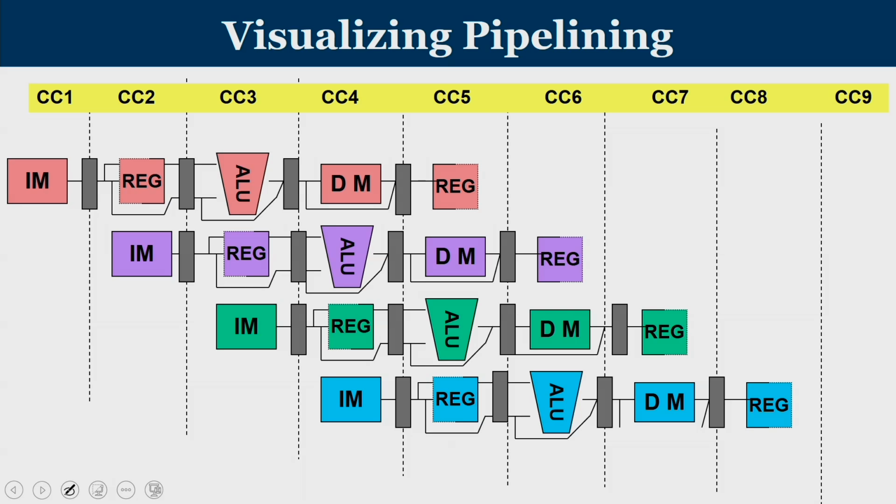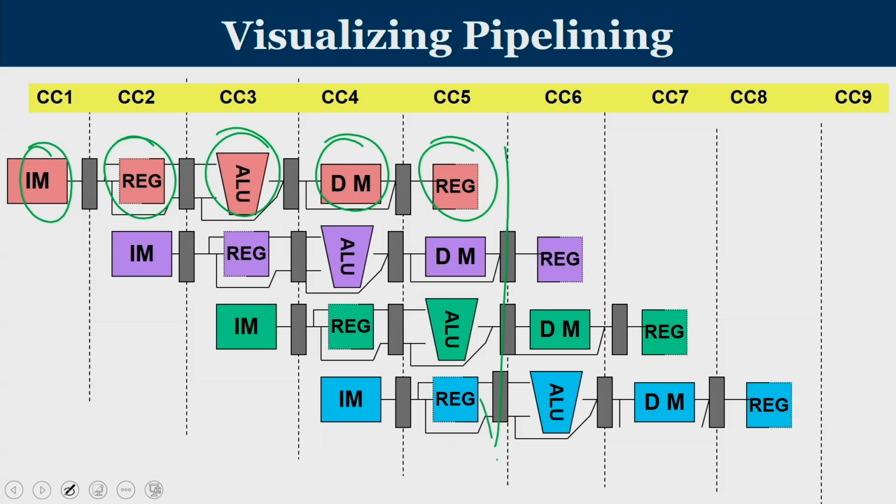This is yet another visualization of the pipeline. Previously, we were telling what are the operations to be done. Here, this diagram shows which are the functional units that are busy. First one is the instruction memory. So, you fetch the instruction from the instruction memory and then you decode and read from the registers. You use the ALU for address calculation or for arithmetic operation. Then you have the data memory and then you write the result into registers.